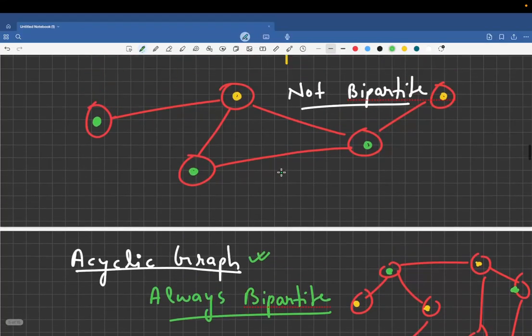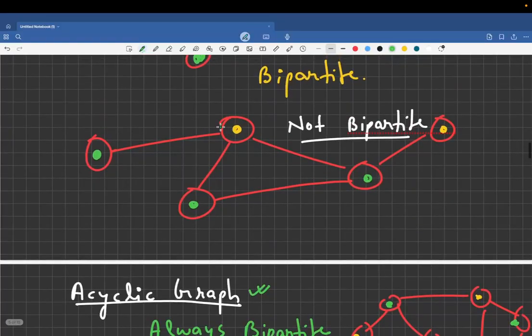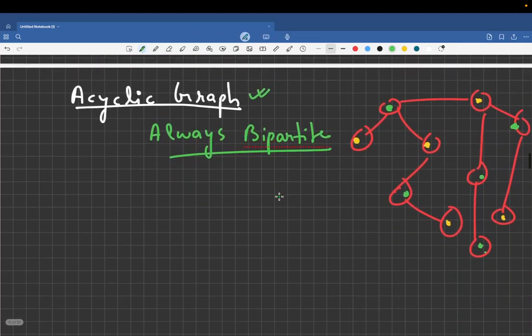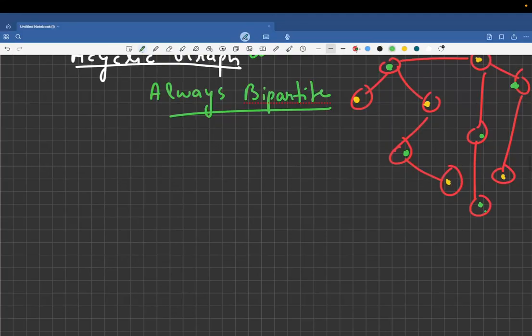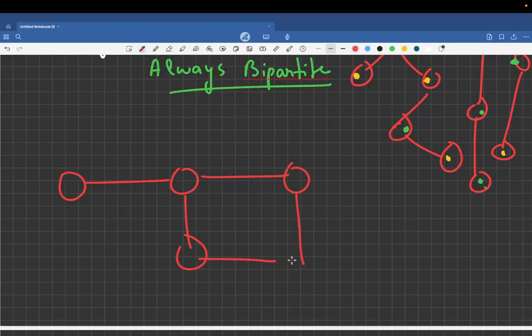Now what if the graph is not acyclic and it contains a cycle? For example, in the example I took where the graph was not bipartite, the cycle existed, right? And you can clearly see that it is not bipartite. But is it always the case that if a cycle exists, the graph is not bipartite? Let's figure it out. Let's suppose this is the graph I have.